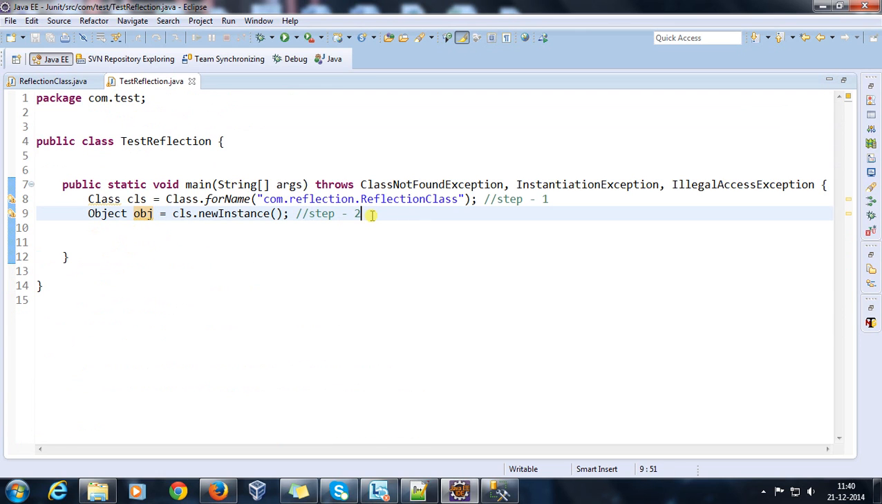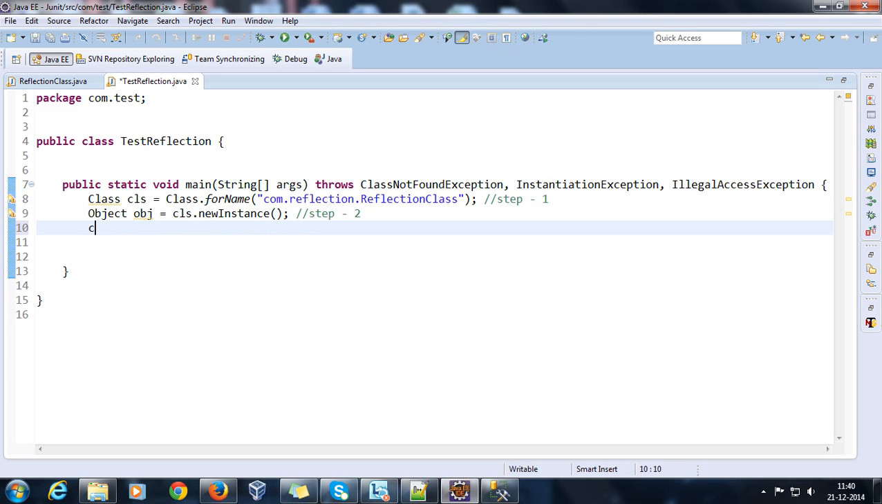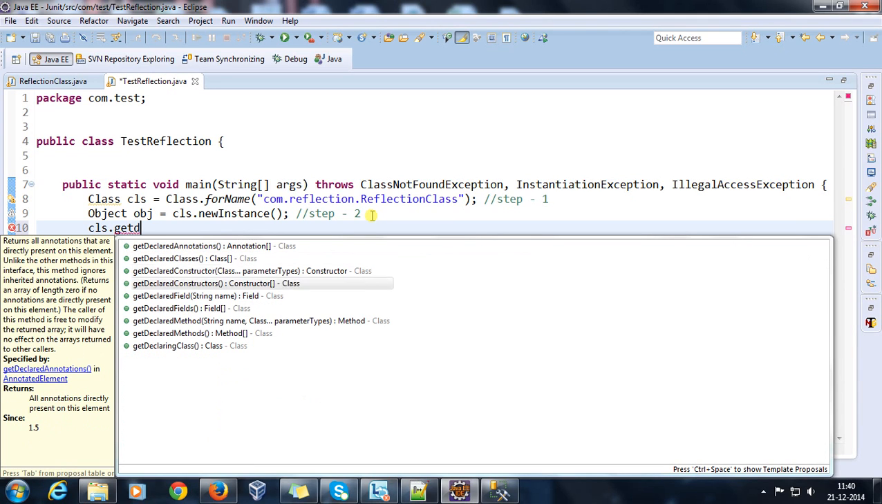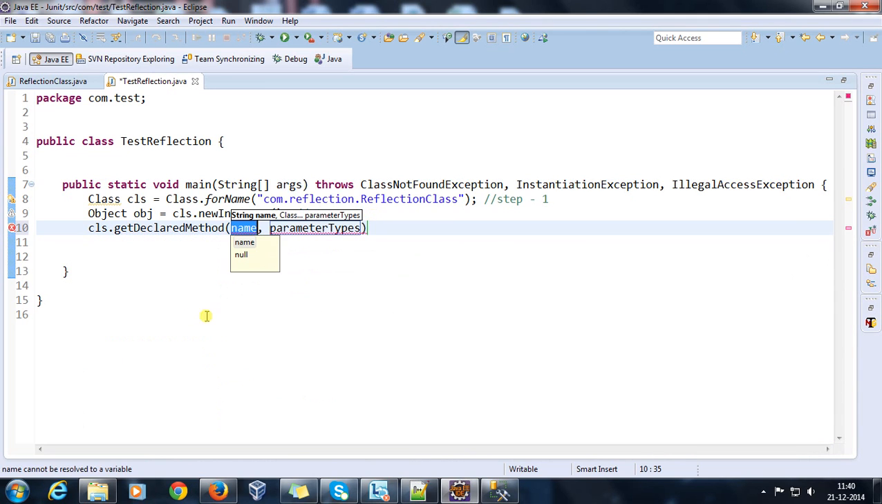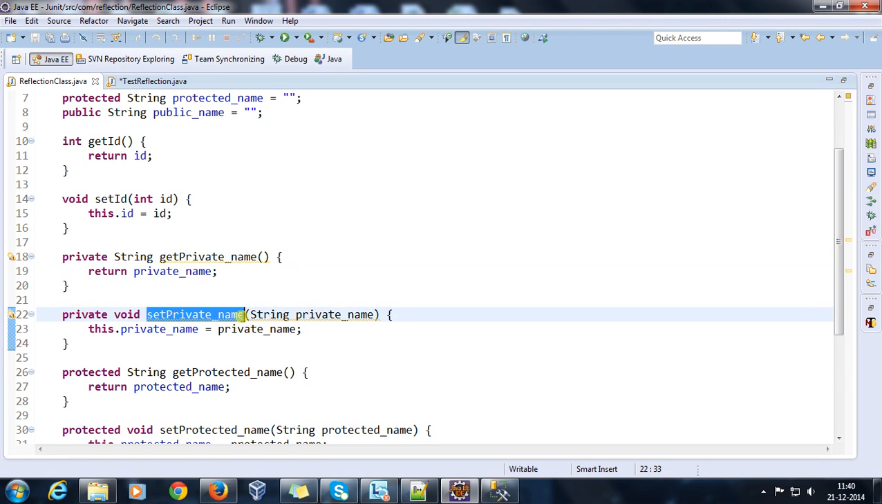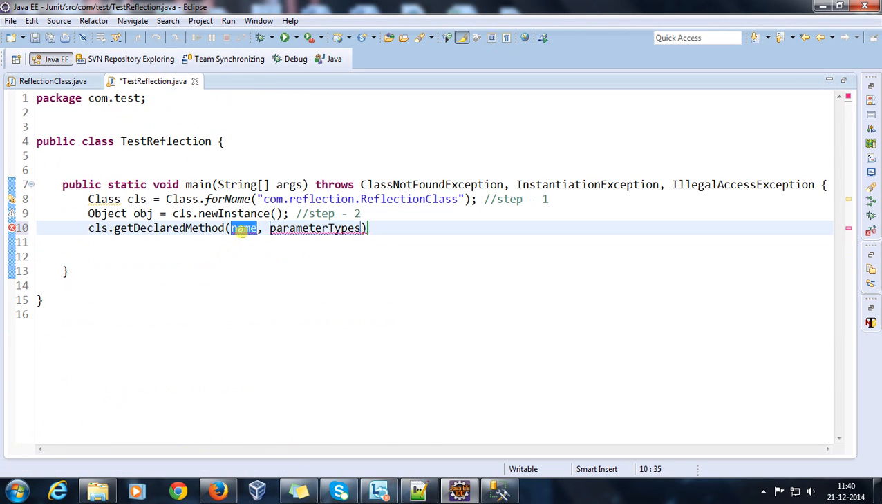So in order to call a private method, first of all you need to call a method inside the class, that is getDeclaredMethod. Using this you are telling which method I'm going to invoke with the help of the reflection API. So here you need to specify the method name. So I'm going to call set_private_name,